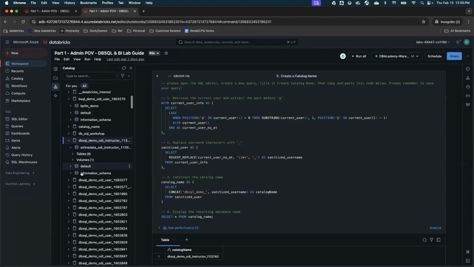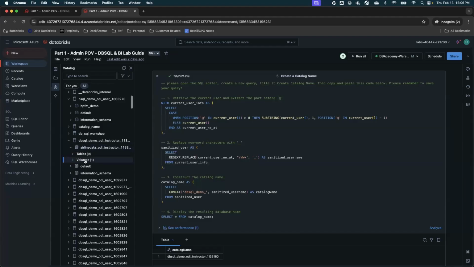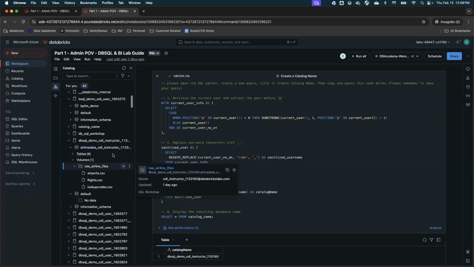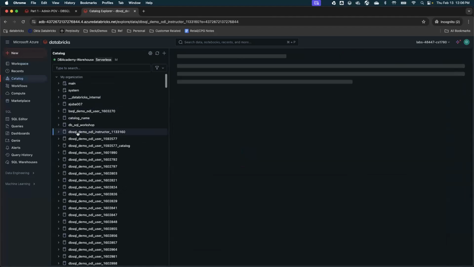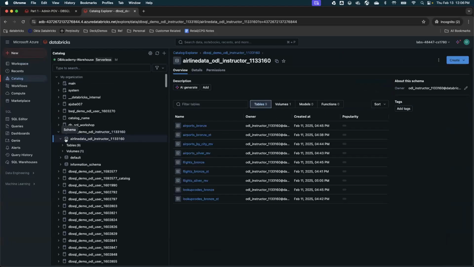On your schema, you can go to volume and you can upload data into your file. So let me go here into catalog, to my specific schema.